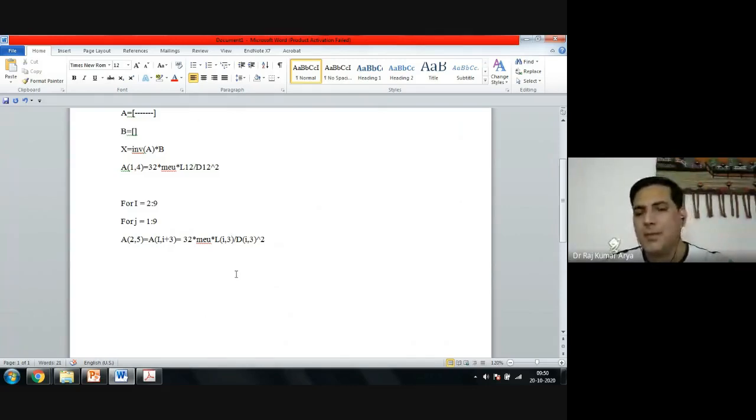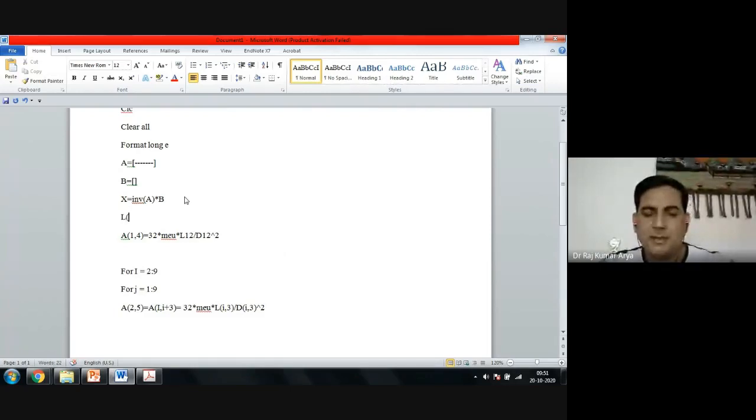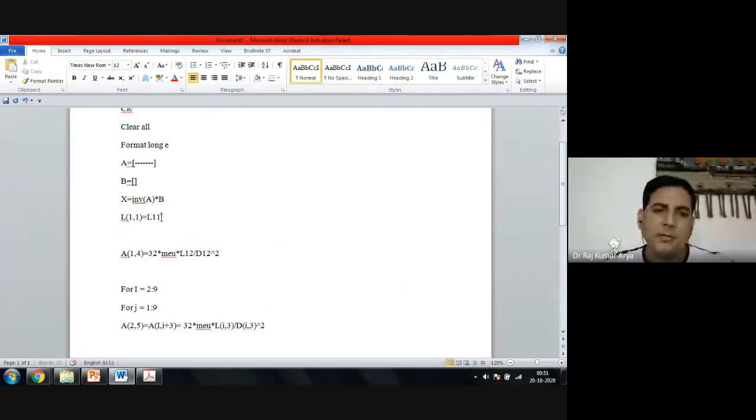Whether I need 3 or not, that's what I have to think. Because sometimes your length is only one matrix, so practically I don't need 3. So somehow I have to change this nomenclature in such a way that I should not use that 2, 3 and all this. Let's say you can have a matrix L where 1 comma 1 is equal to L11, and 1 comma L12. That is your first pipe, right?